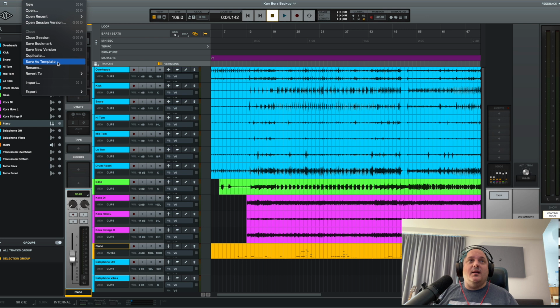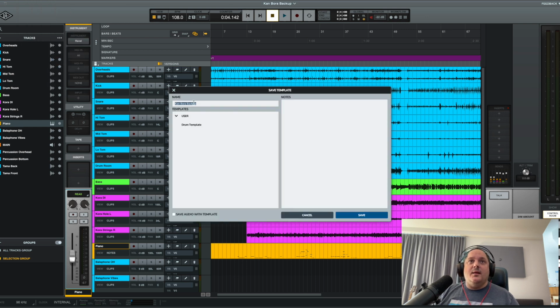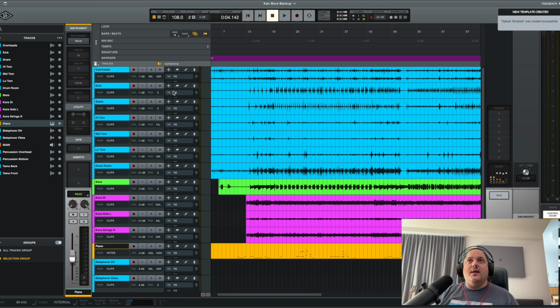So the best way to do that is just to go to the File menu and say Save as Template, and then call it Jacka-Lee Template. And then we've got a template without the audio, and we've saved it. And now if we open that template up,